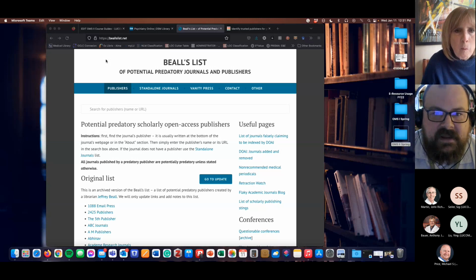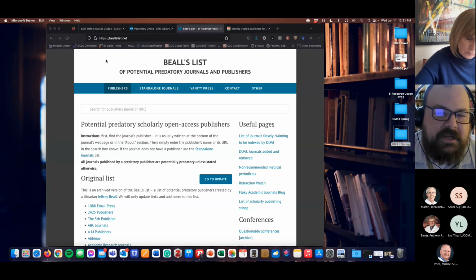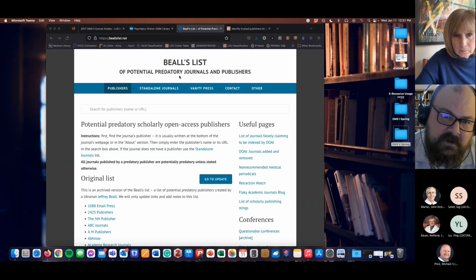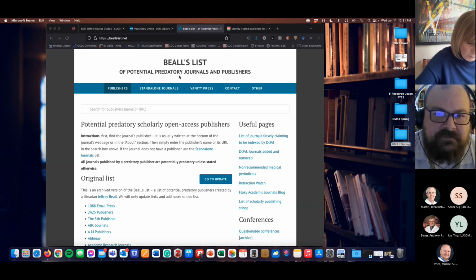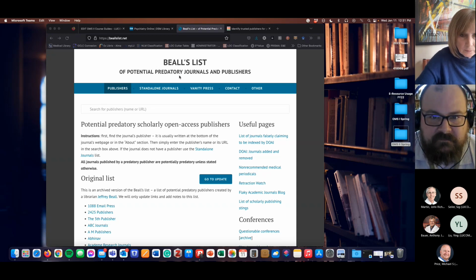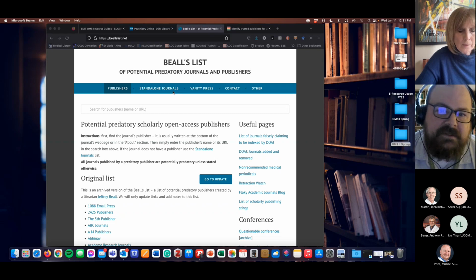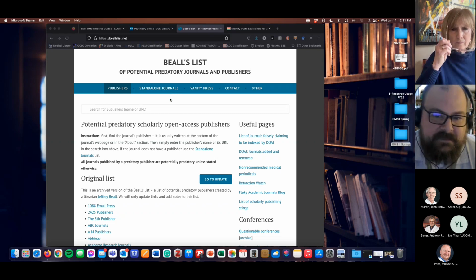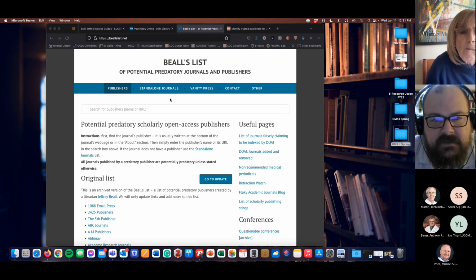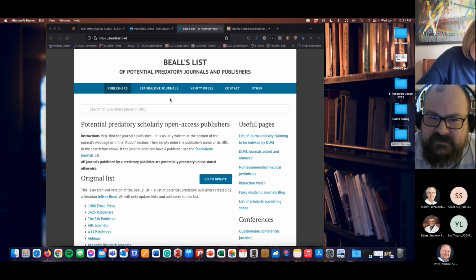There are some tools available that help make that determination before you start sending out manuscripts that you want to publish. I've talked about Beall's list before. Jeffrey Beall was a librarian who realized the need for this and built this site to identify predatory or vanity press journals. But he hasn't administered it since maybe 2015 or 2017, which was the last time the original list was updated.